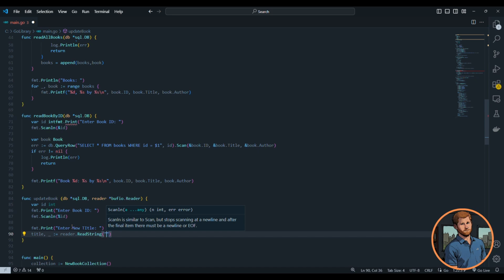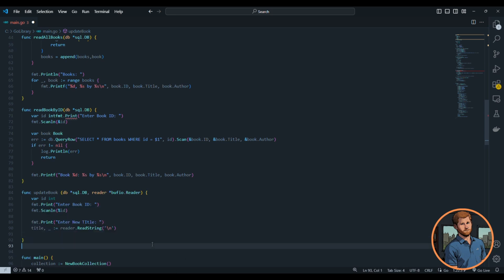This is even going to give us a description: scan line is similar to scan, but it stops scanning after a new line. And after a final item, there must be a new line or end of line. Okay, cool. Why that's showing up for read string, who knows? But it's handy to know. Okay, cool. So, backslash n, that should be single, double. Okay, no, it's just going to show us this for everything apparently. Okay, cool. So, now we are taking in the new